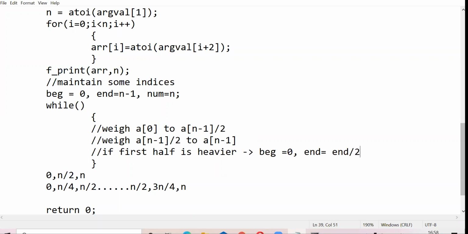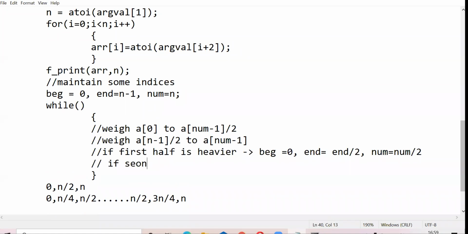Your end becomes end by 2, right? Am I correct? Yes, ma'am. And then you can also change your num to be num by 2. Actually you might want this num, and you can also work without it, depending on how you are implementing this. So I can set this num to be num by 2, and here I can have this num instead of n. Perfect.